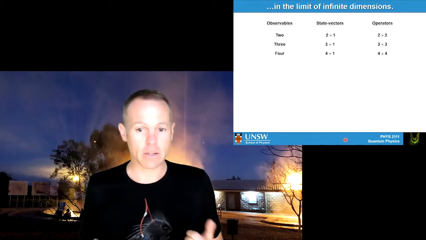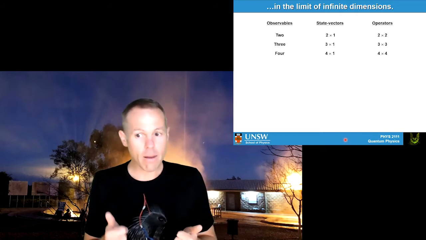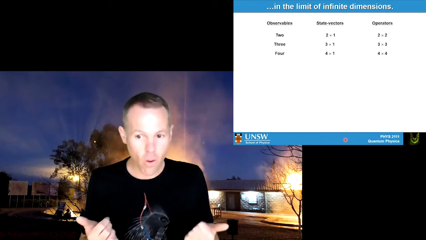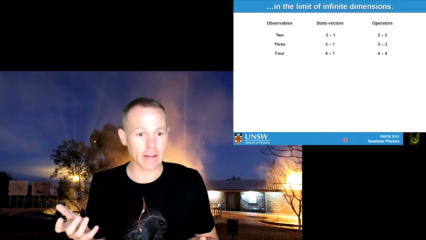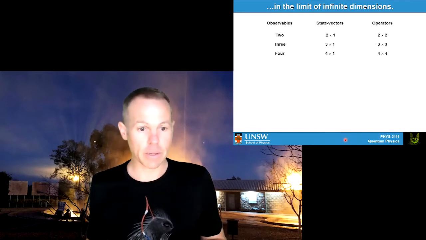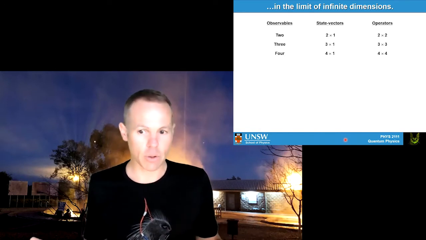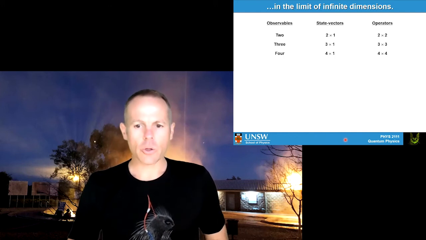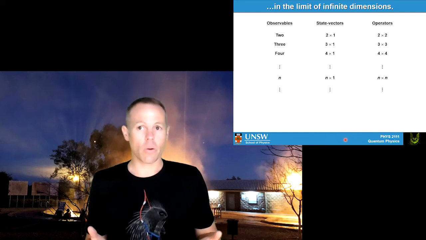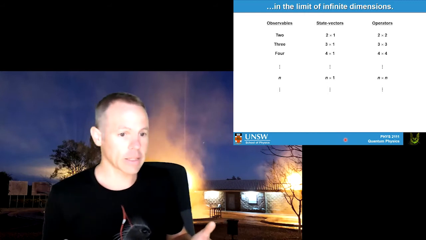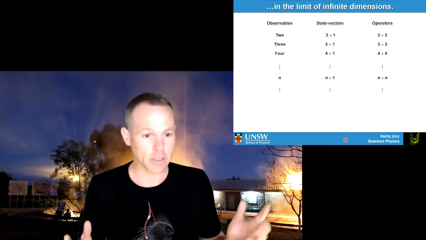And there you would have vectors that are 4 by 1 and operators that are 4 by 4. And you can handle them in exactly the same way that you handle an electron with spin half, except you get more interesting behavior popping out. You can take this further.